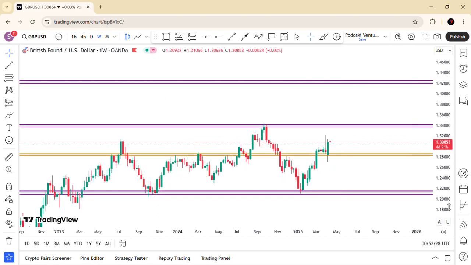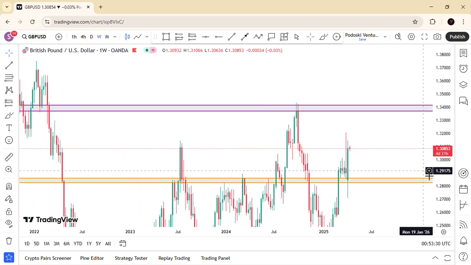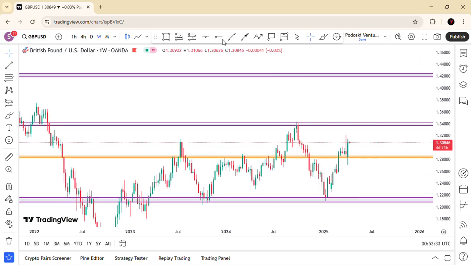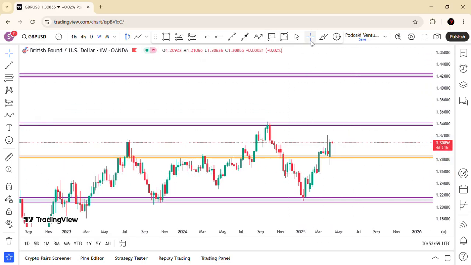So here on the weekly time frame on GBP USD, I have my weekly midway zone here, and you could see price breaking the midway zone and the retest has been done already. Price broke out of the midway zone, went for a high, then a retest, and it continues going to the upside. But previously we saw a very strong bearish pin bar here,